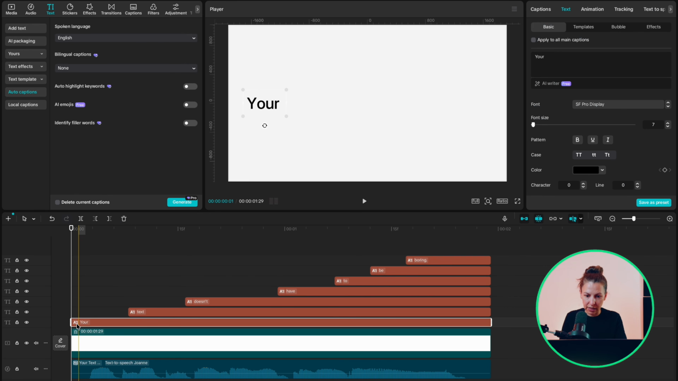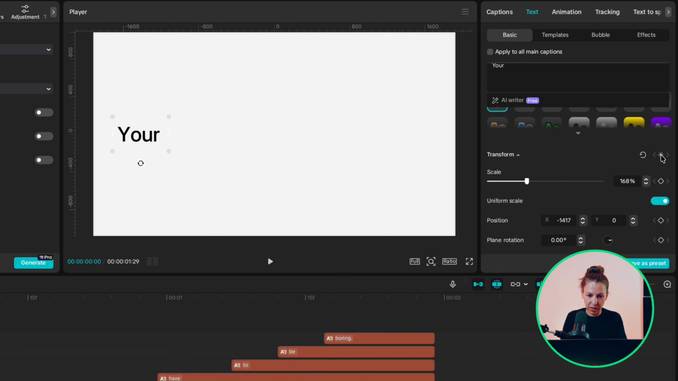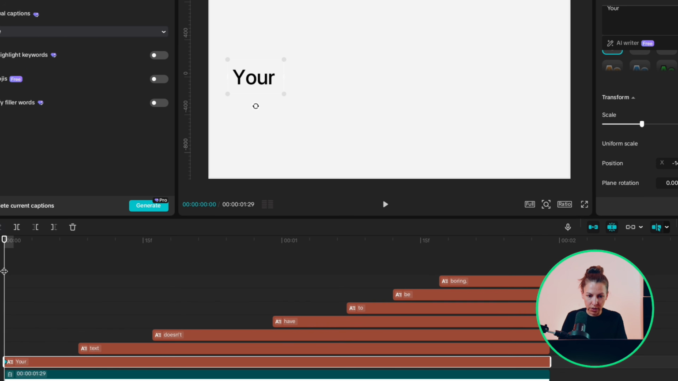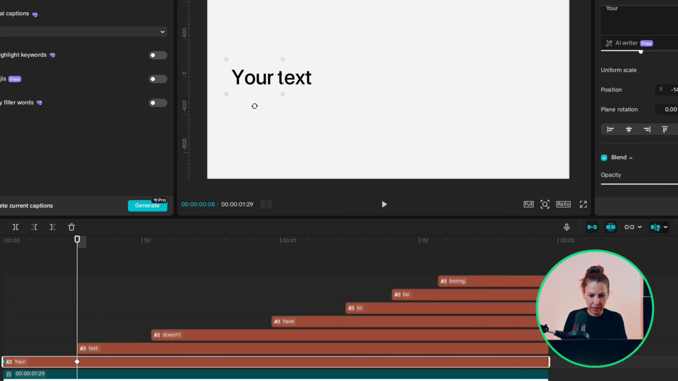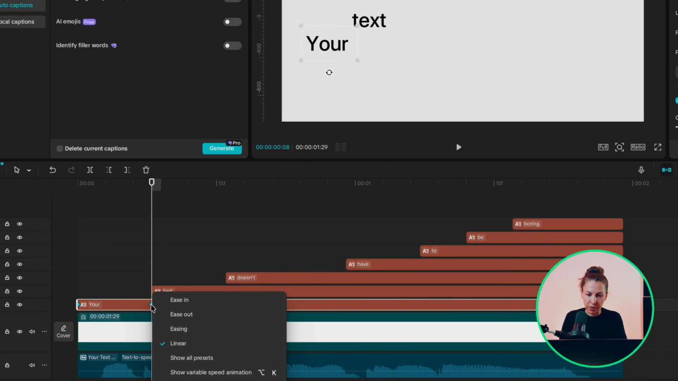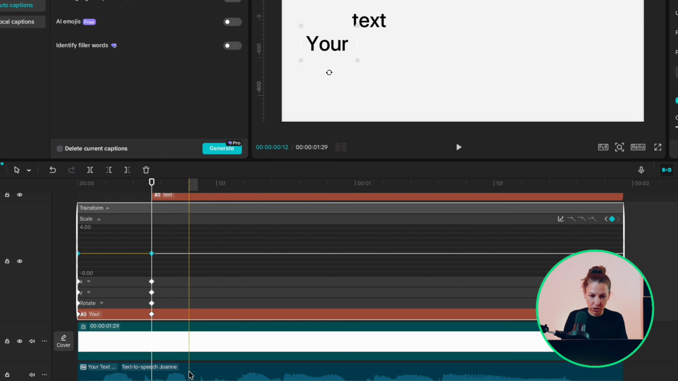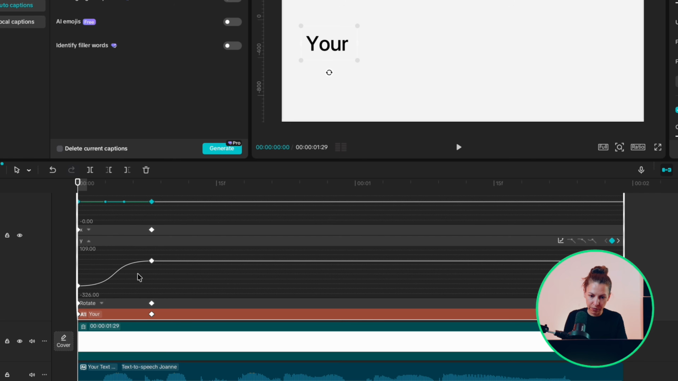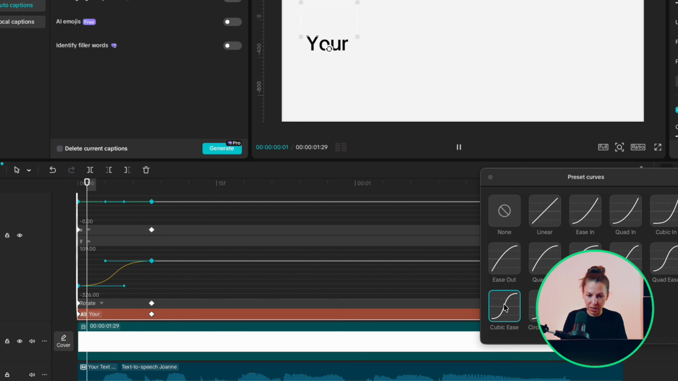Highlight the first word layer and add the transform keyframe at the beginning. Move forward about 8 frames and add the second keyframe. Then go back to the first keyframe and set the Y position to -250 so the word starts slightly above the screen. Right click and open Show Variable Speed Animation. Select the Y-axis graph. Highlight both keyframes and apply a preset cubic ease for a smooth motion, or create your